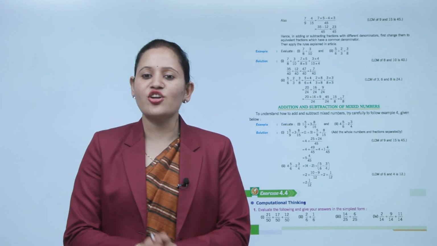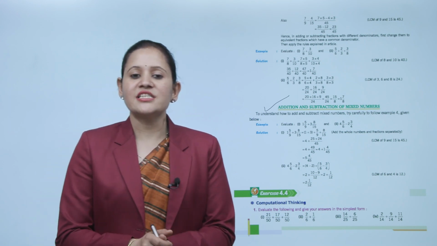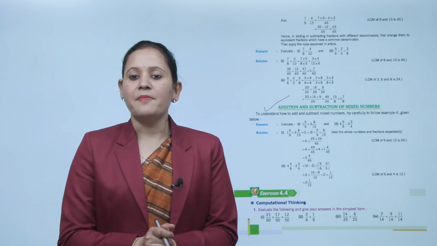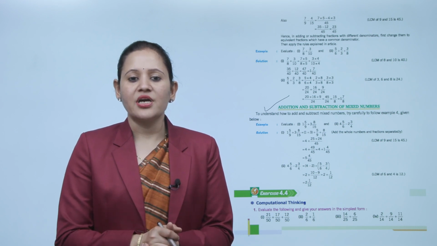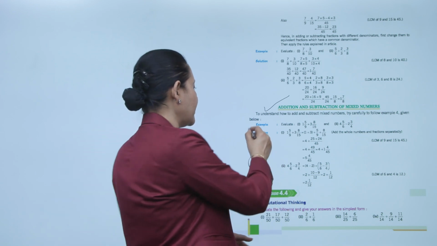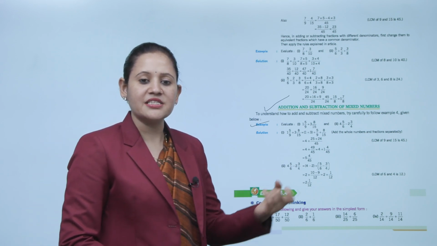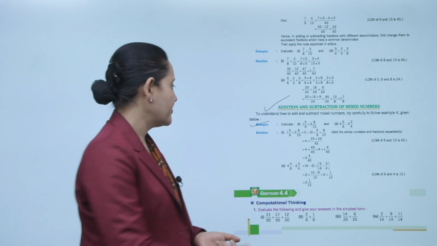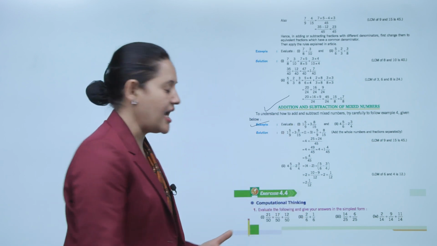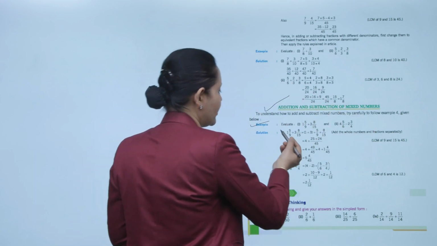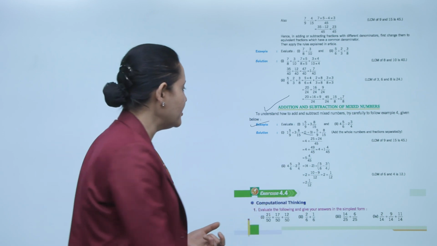Next is addition and subtraction of mixed numbers. To understand how to add and subtract mixed numbers, observe carefully the following example given below. Evaluate. In this example, we have to add mixed numbers: 1 5 by 9 plus 3 8 by 15. We have to add them together. So what we'll do? We will add the whole part separately and the fraction part separately. So 1 plus 3, that is the integral or whole part, and the fraction part, that is 5 by 9 plus 8